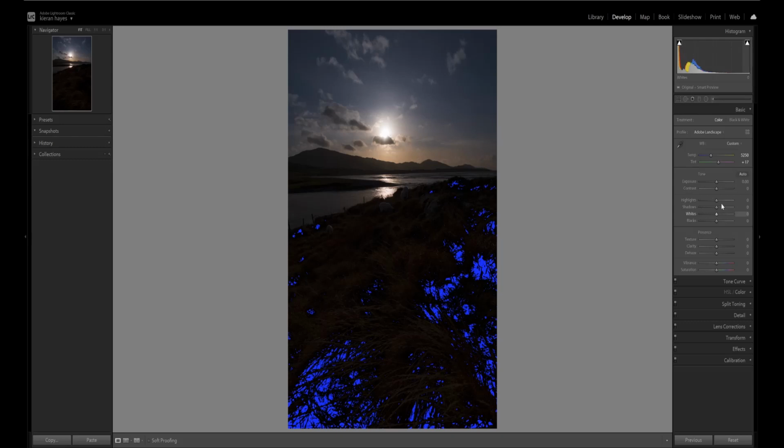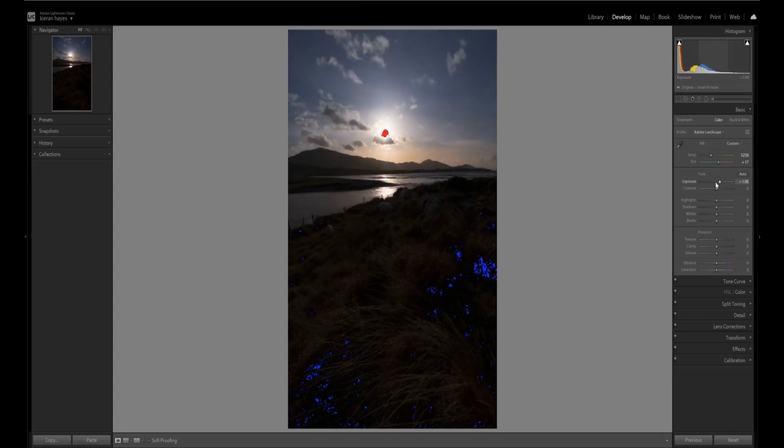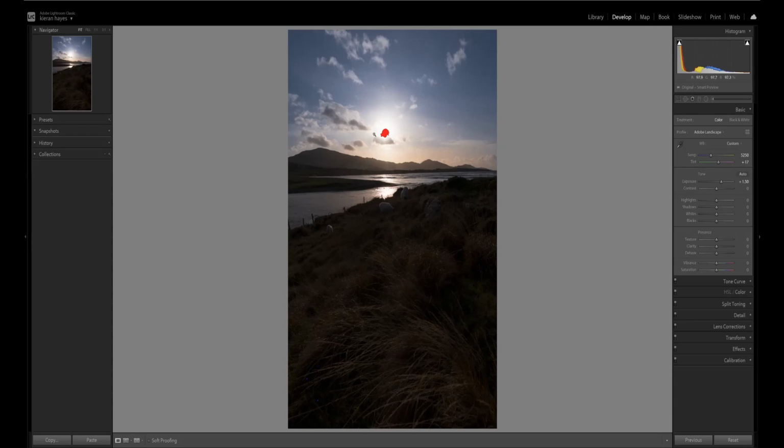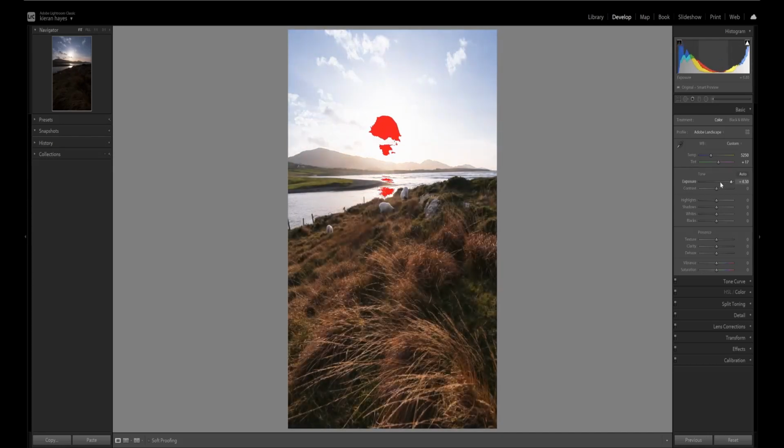The sun, for example, is generally the first one. For argument's sake, if I bring the exposure up quite a bit, you'll see a red mask start to show over any of the completely overexposed parts, like the sun here. That's showing up red, which is telling me that's pure white. I've completely overdone it. So let's push it even further, and that's going to spread across the completely overexposed